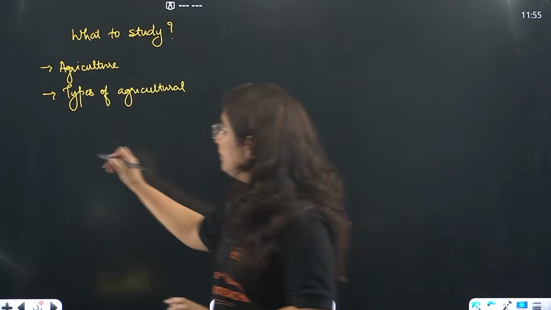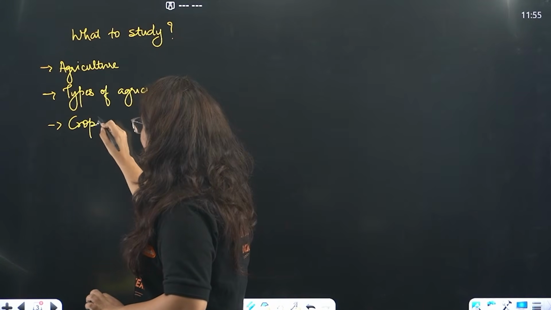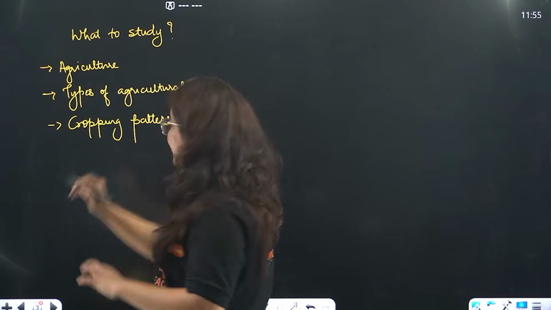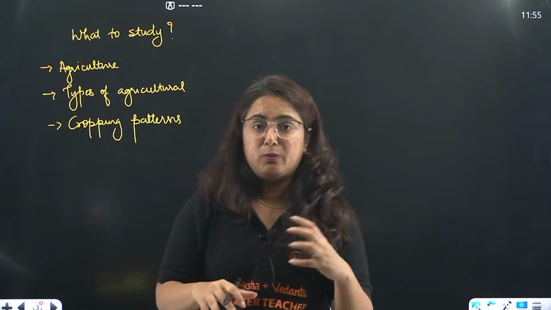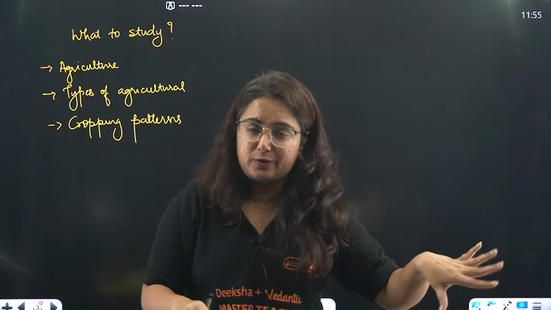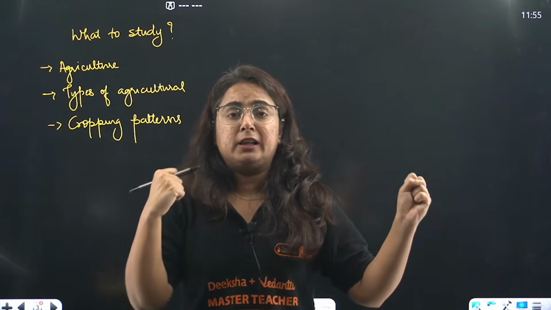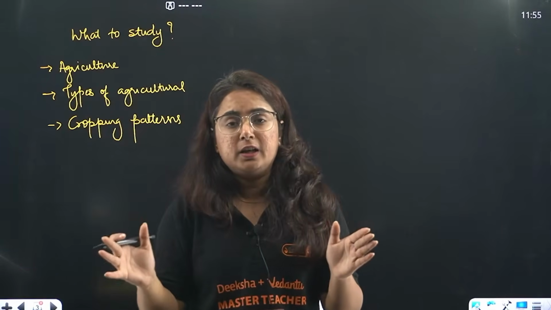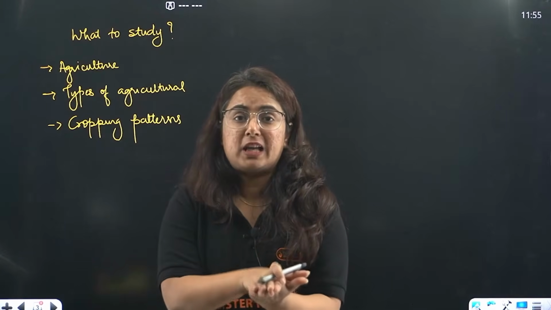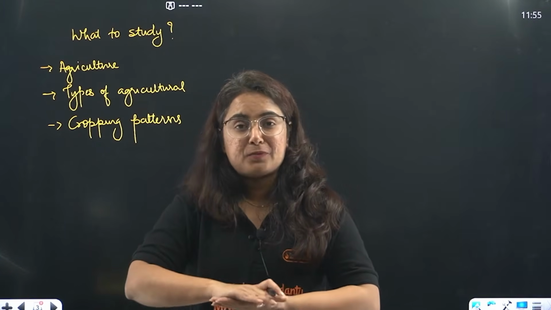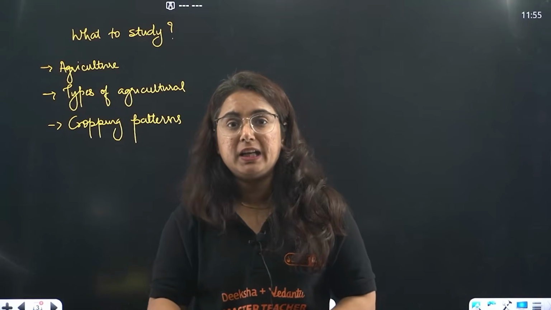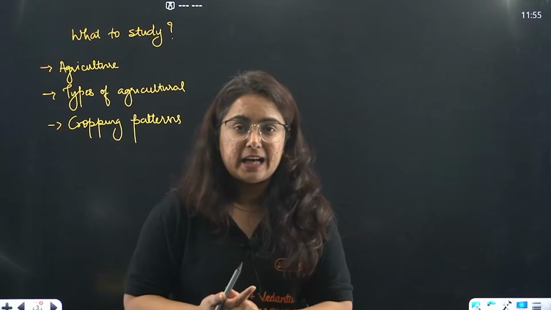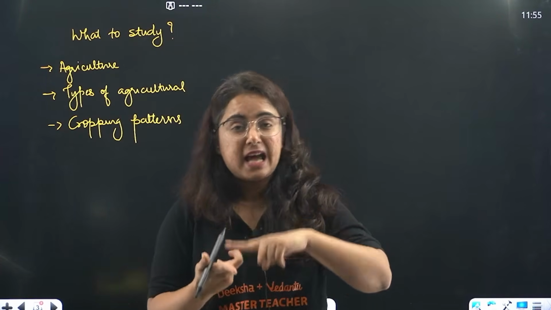Along with that, beta, we have seen that there are different cropping patterns in India. What do I mean by cropping patterns? You can see that there is a time when wheat is grown and harvested. There is another time when rice is grown and harvested. Sugarcane, however, is grown for the entire year. So analyzing that, we figure out that, as India is a monsoonal type of climate country, benefited by that monsoon, we have three cropping patterns in India. And what are they? Kharif, Rabi and Zaid.